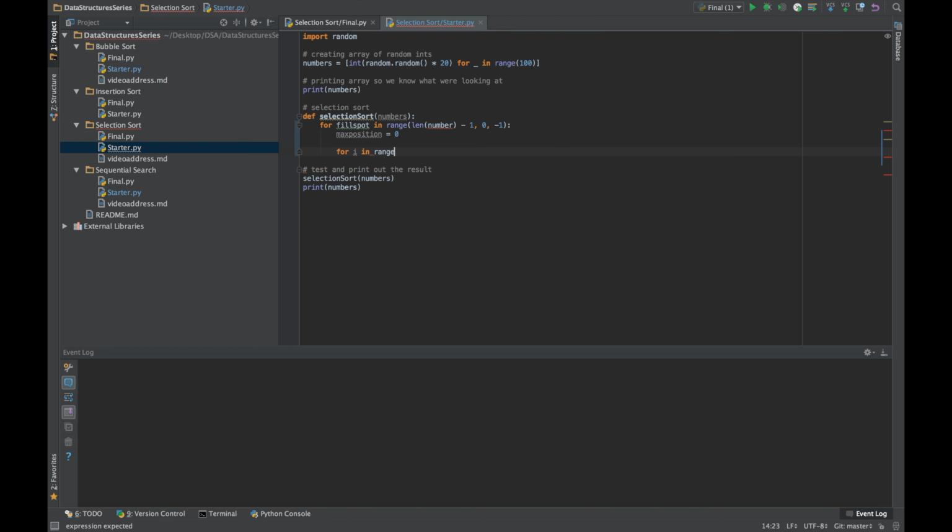So range starting at 0 and ending at the fill spot plus 1, because we're also going to consider the number in the fill spot when checking if it's larger or not. In here, we're going to go if the current max is smaller than the current number we're looking at,